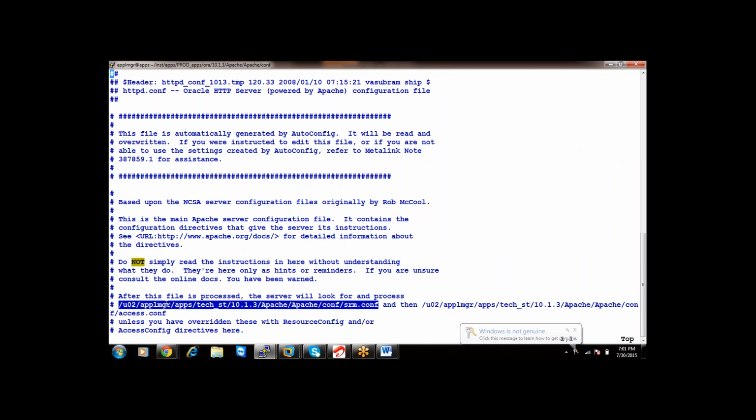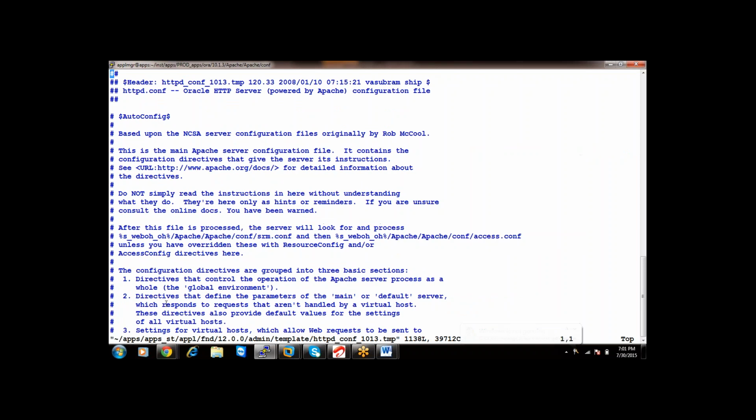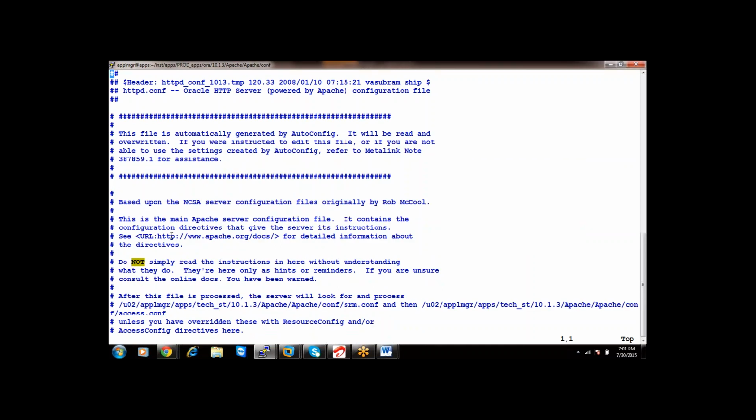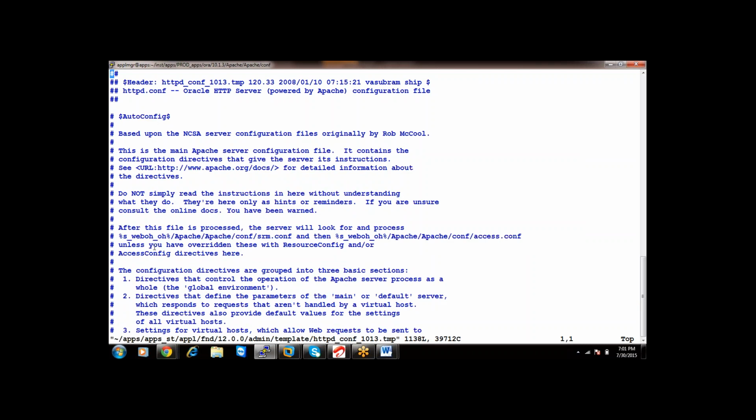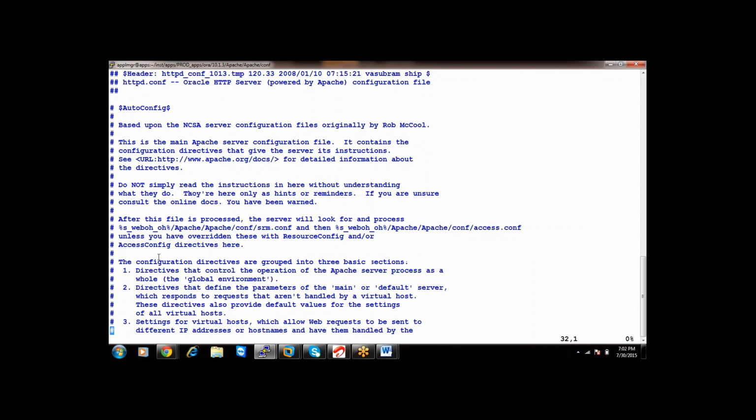This is the value. Are you getting the point or not? So s_weboraclehome_oh is the parameter you have seen in the template file. This is the template file. Come here. This is the value for s_weboraclehome. So this value is getting replaced by that parameter. If you come down, you can understand clearly.